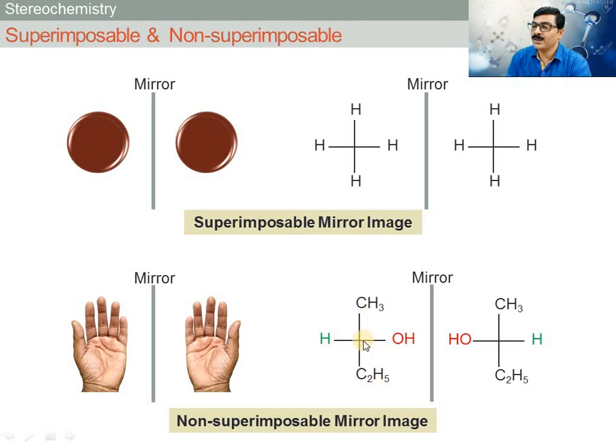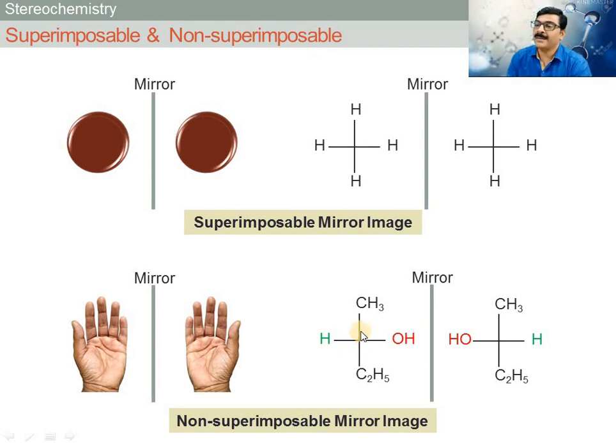CH3 and C2H5 are overlapped to each other, but at the position of hydrogen the OH group is overlapped, and at the position of the OH group the hydrogen is overlapped. So the mirror image of 2-butanol is not identical, so it can form a non-superimposable mirror image. Thus all 4 valencies of the carbon atom are satisfied with different groups, which means an asymmetric carbon atom,